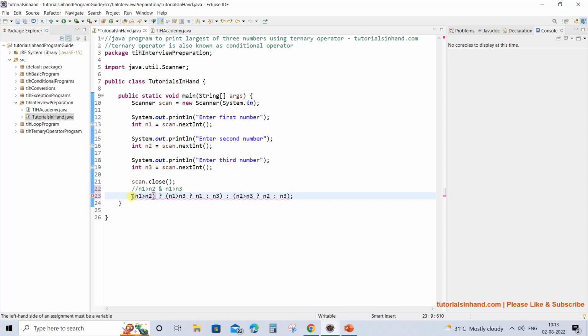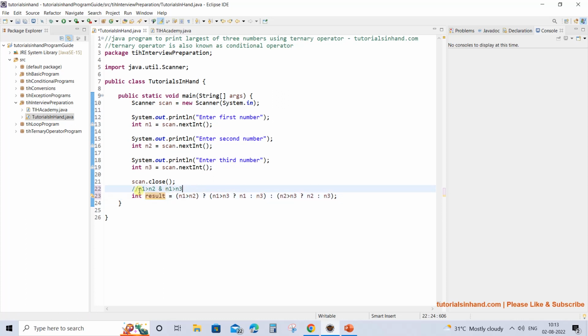And this is what the exact ternary operator will be, and it will return a result of type integer. It will return some value, n1, n3 or n2, n3, right? So let's have one integer variable result that will hold the value returned by this ternary operator, and see, the error disappears. It disappeared because we needed someone to take that value that will be returned.